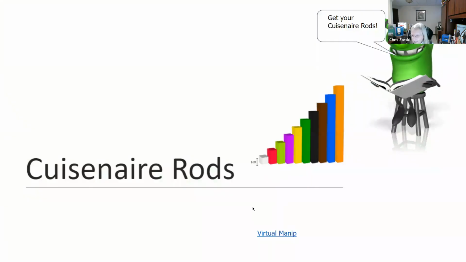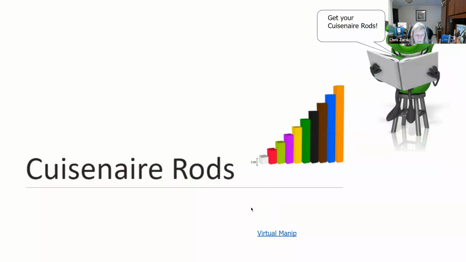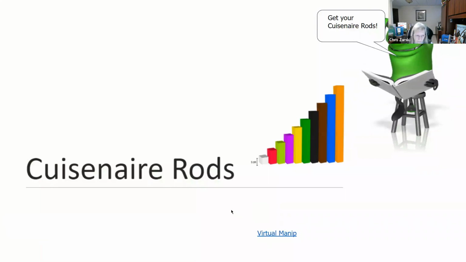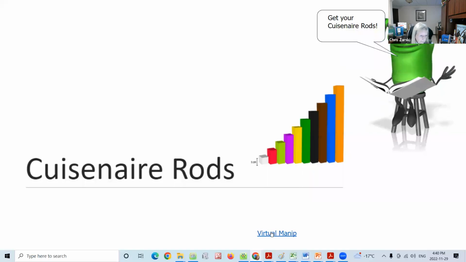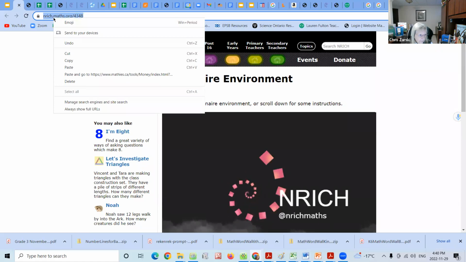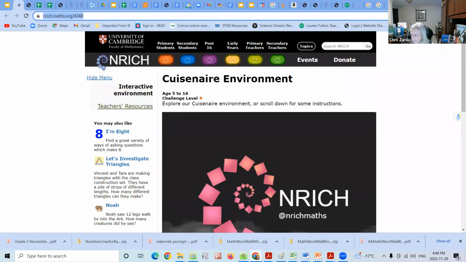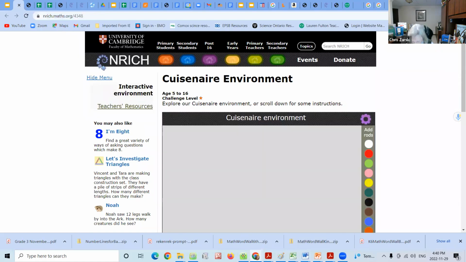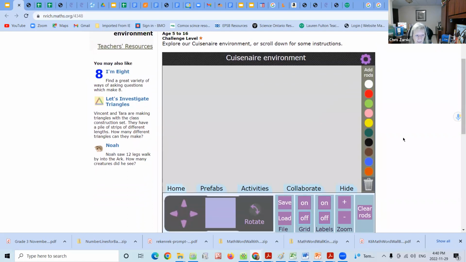We can do this kind of idea as well when we talk about Cuisenaire rods, but I'm going to just leave this one. Well, maybe we won't. Maybe we'll go into it right now. We'll come back to money again anyway. So again, I'm going to grab this one. I'll put it in the chat box if you don't have it. Okay, and this one doesn't have the numbers on it.